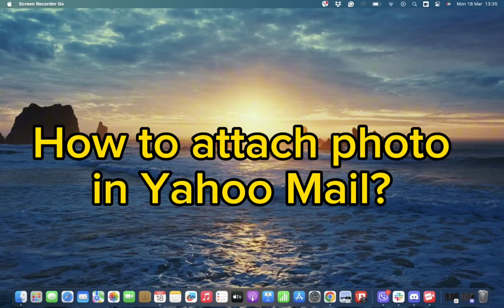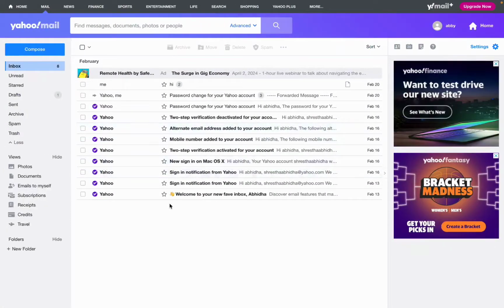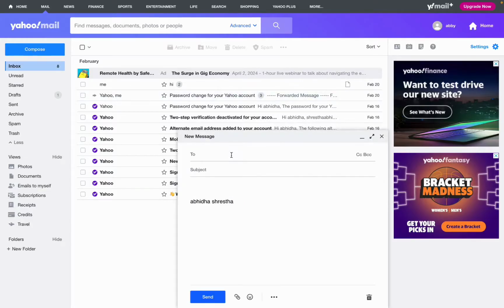So first of all, all you need to do is simply open your Yahoo Mail app, and once you open it, simply tap on the compose option. Once you hit the compose option, you can simply type in the recipient's email address and then type in